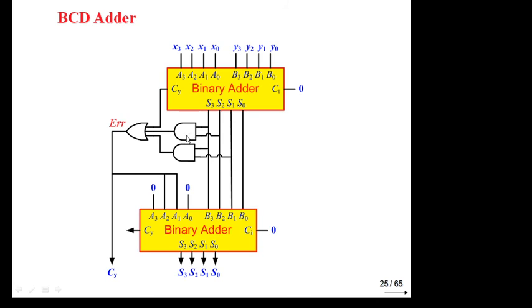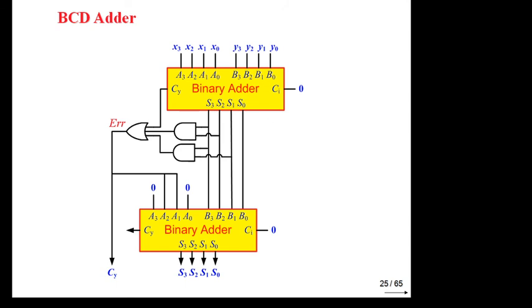Now this is for carry. When carry is 1 or the result is greater than 9, you are adding 6. So this carry is coming with S3 S2 and S3 S1 plus carry, and finally just give it to A1. Always connect A to A1. After this, why are you again using this binary adder? Because we are adding 2 times. First we are adding the first BCD number with another BCD number, then we are checking whether the number is greater than 9 or Cy equal to 1 or not.